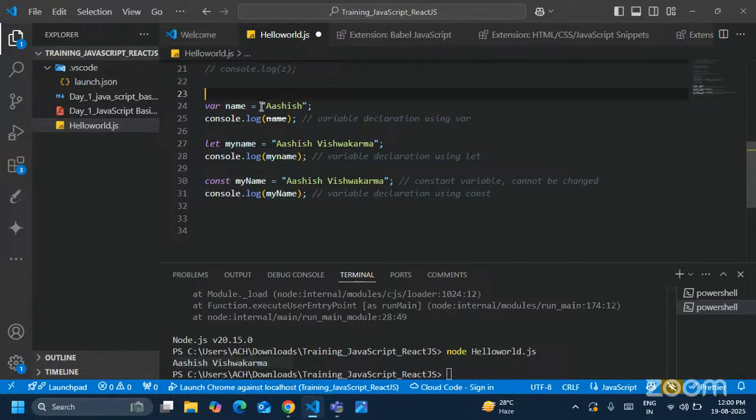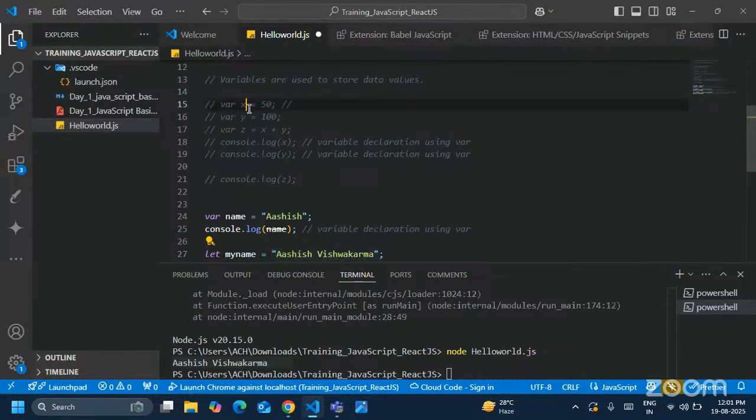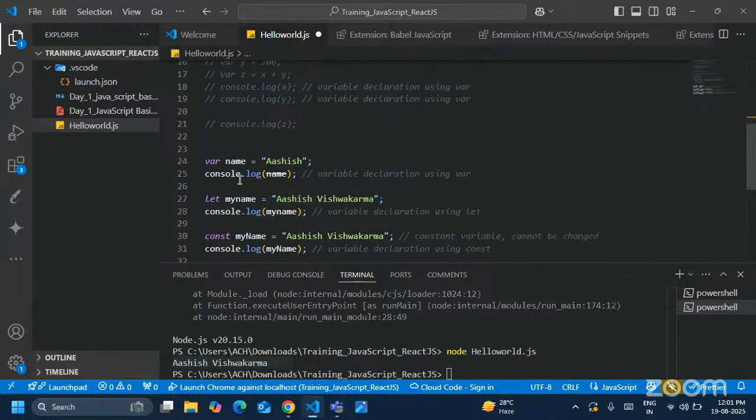Okay, and when we are providing some value after equal, we are providing a value of Ashish. Here we are providing the value Ashish Vishwakarma, and for x we are providing 50. This is declaration, and this is initialization. Initialization means when we are giving some value to the variable which we have declared. आपको बस इतना याद रखना है कि इक्वल टू के बाद वाला जो है वो हमारा इनिशियलाइजेशन है, राइट।